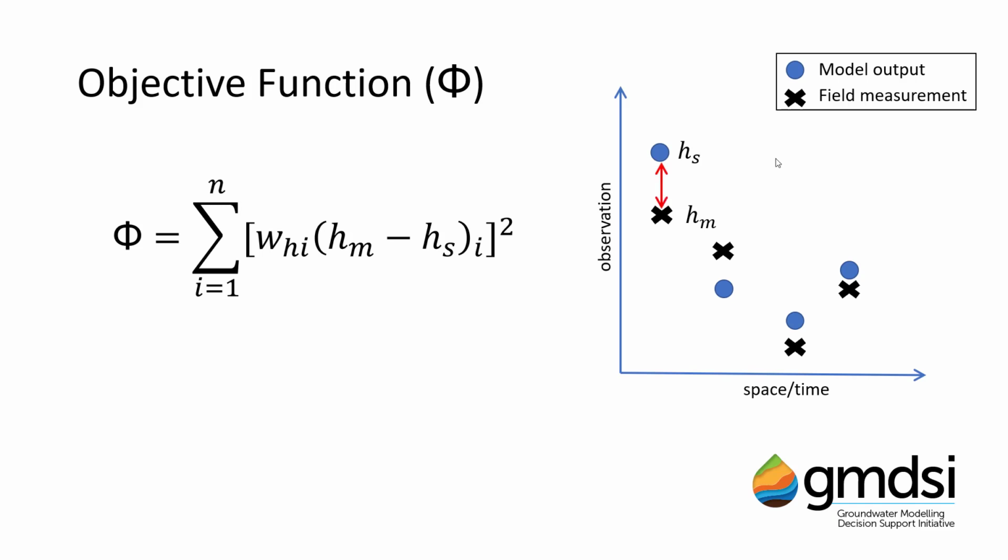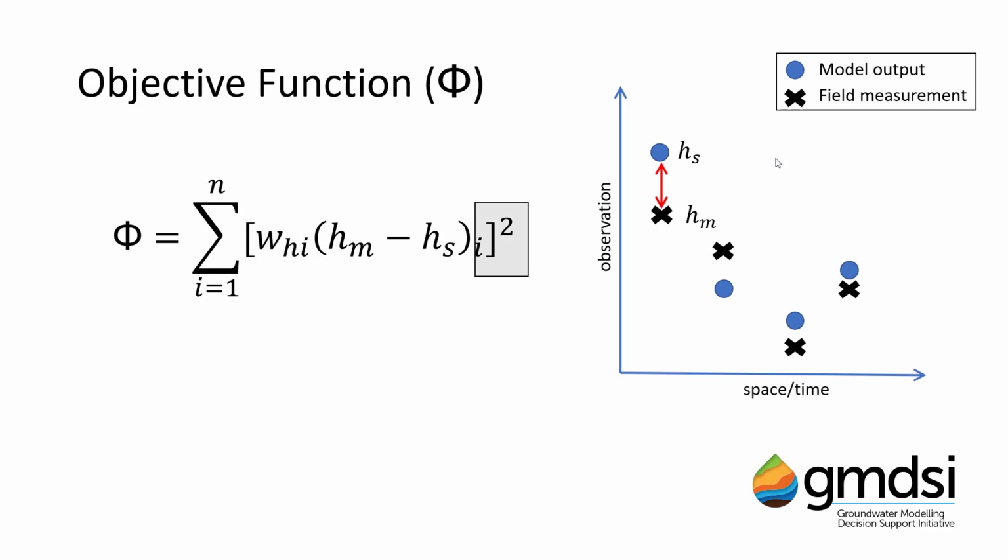Residuals are the difference between measured observations and the corresponding model outputs. For example, the difference between heads collected at a well and the simulated value of head at the corresponding location in a model. Weights are applied to this residual to increase or decrease the contribution of individual observations to the total objective function. Ideally, weights are assigned to give greater relevance to observations that have less noise or are less uncertain. In practice, weighting strategies usually need to be a bit more nuanced and will often reflect a quantitative measure of a modeler's judgment as to which observations are most relevant to inform parameters that affect the prediction of interest.